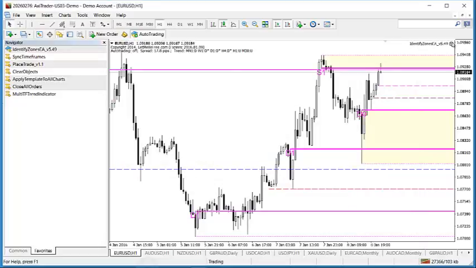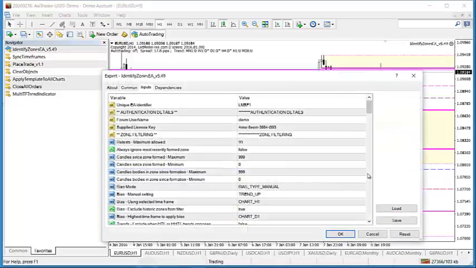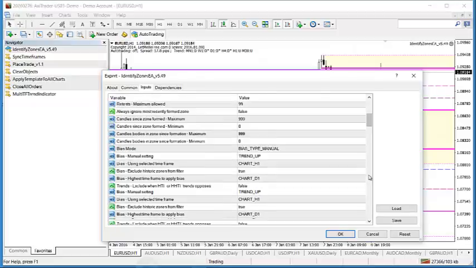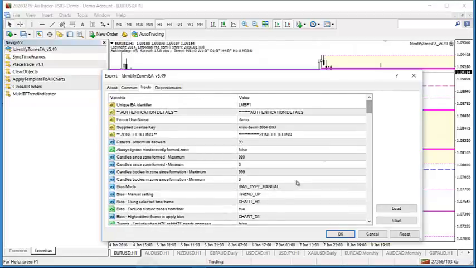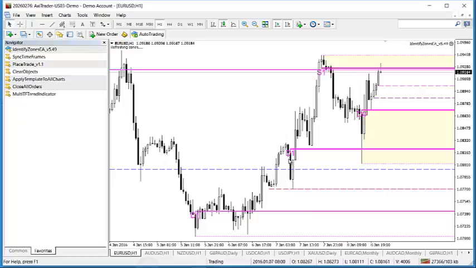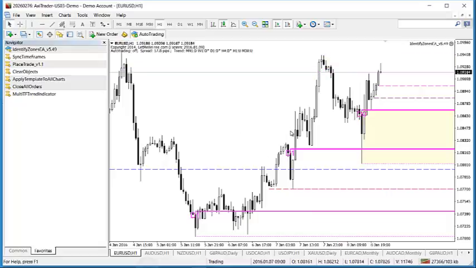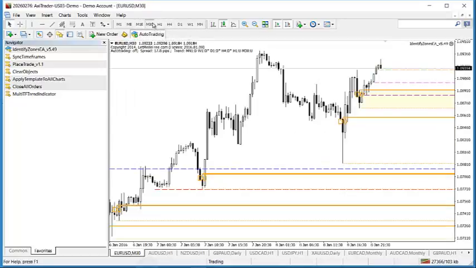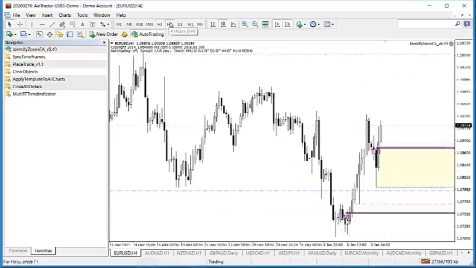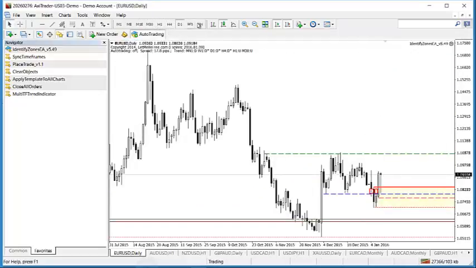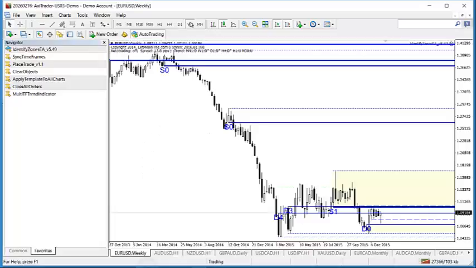Actually, what I'm going to do is take off the historic zone setting as well, so it's really obvious to you. Okay, so here are our demand zones. We start on M15. Yep, demand zones, demand zones, demand zones, demand zones, demand and supply zones,